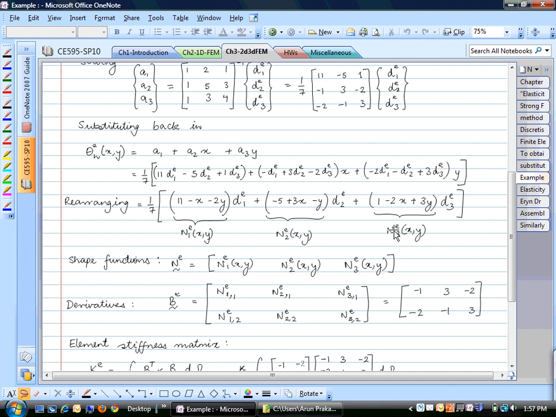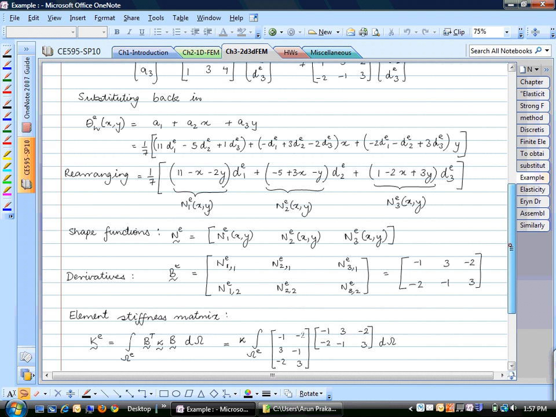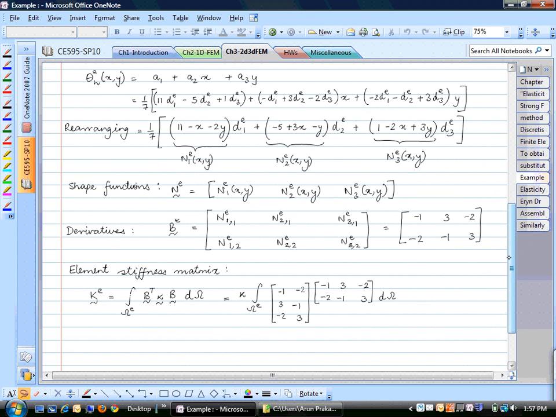N3 partial derivative with respect to x, minus 2. And similarly for partial derivatives with respect to y, we will have minus 2, minus 1, 3. So it's really not very complicated to calculate all these things. You just have to get the hang of the procedure, and then you will be able to code it up easily in MATLAB. So once you have this B matrix,